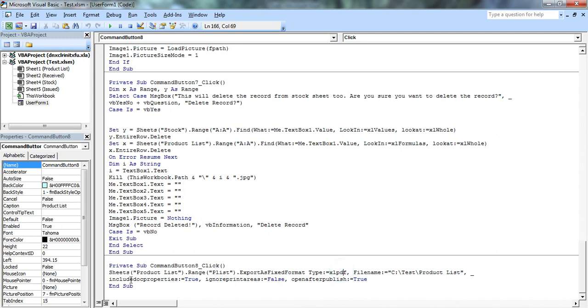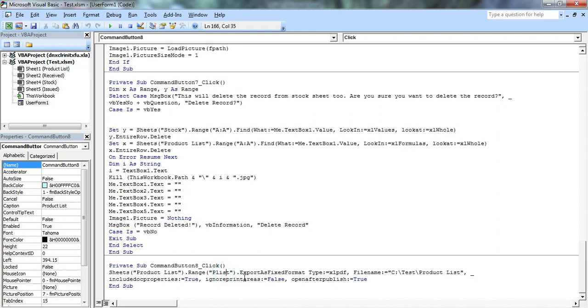In this code you can see Sheet ProductList.Range PList. PList is our dynamic range. This dynamic range means whatever values we enter in this product list, whether we add or remove, it will update automatically. So whenever we generate the product list, it will come as an updated one.